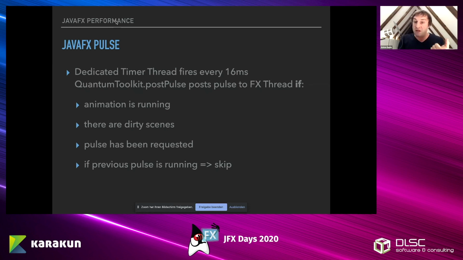If there is an animation running, then the timer thread fires. If there are dirty scenes, then the pulse is fired. If the pulse has been requested, the pulse is fired. And the last thing is, if these are true, but the previous pulse is still running, then it's skipped. Then it's not fired. These are basically the four main conditions that the timer thread looks at in order to decide whether to post